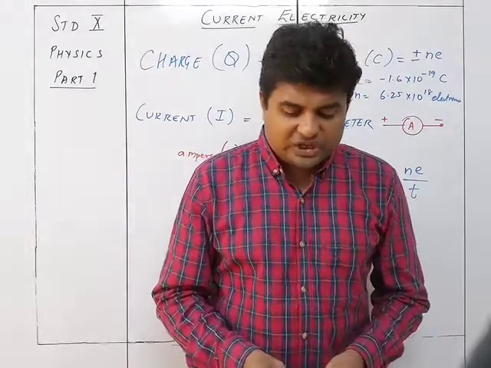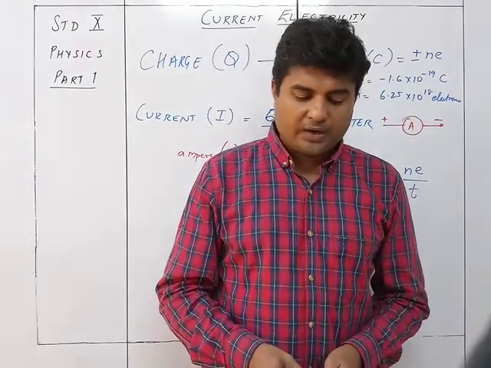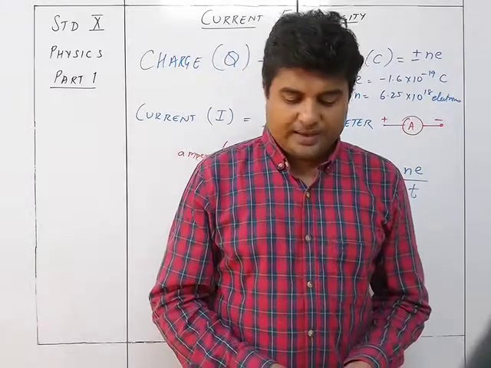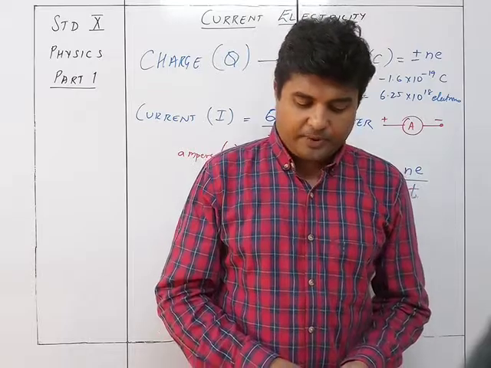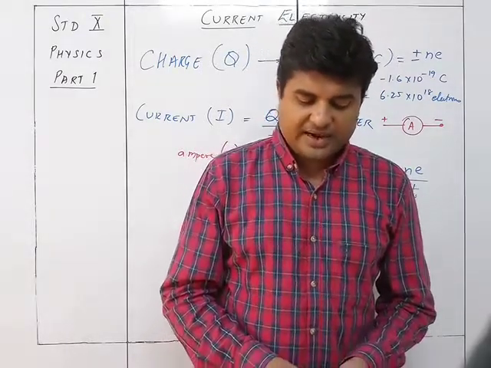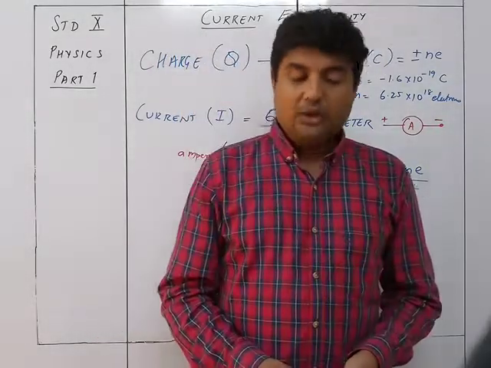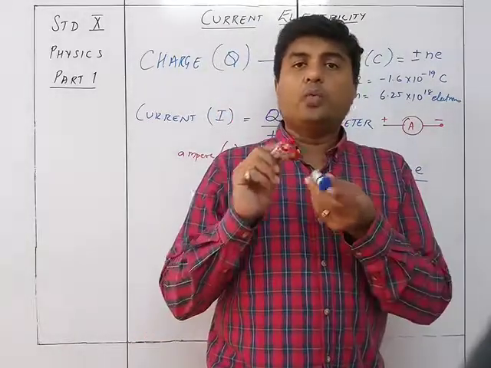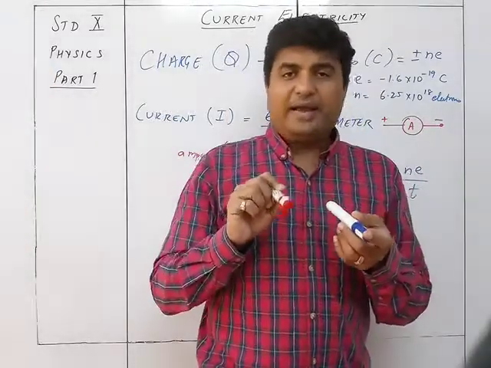Therefore, the potential at a point in a region of charge is measured in terms of the work done in moving a test charge from a point of zero potential to that point. Since force between the two charges is zero at infinite separation, therefore we consider the potential to be zero when the test charge is at infinite separation from the other charge. See, what they are saying is that we are considering the work done in moving a charge from infinity to a point as the potential.